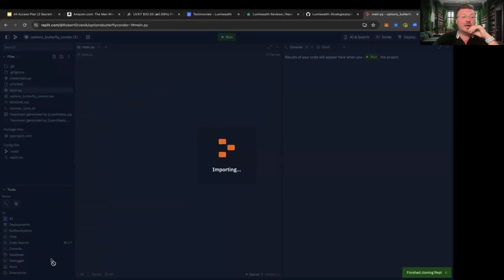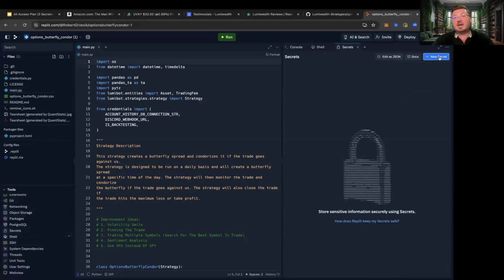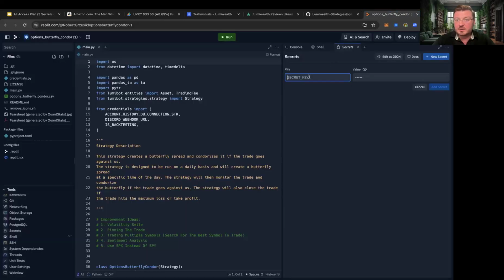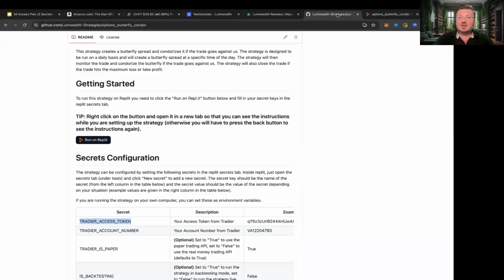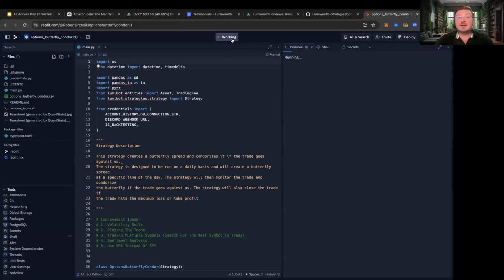right? Once this is loaded up, there you go, it's loaded. I go into secrets, and then I'll copy over my access token. I copy that over here, and then I'll go to my broker and actually get the access token, which is just log in, you can get it, add that secret, and then I grab this here, account number, add a new secret, and then go over to my broker and actually get that secret and put it in, add that, and then hit run, and that's it. And you have a working algorithm. That is literally all it takes to run an algorithm, right?